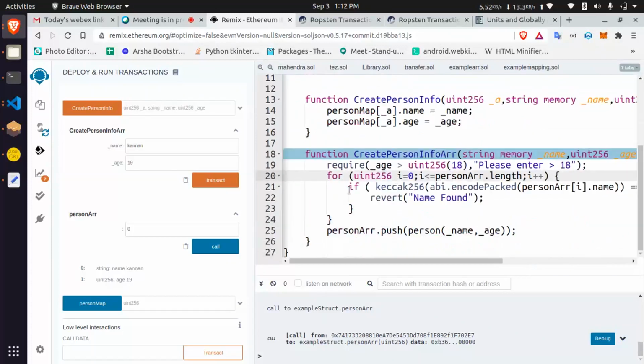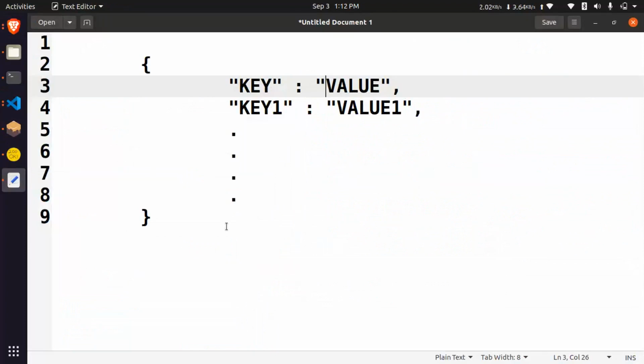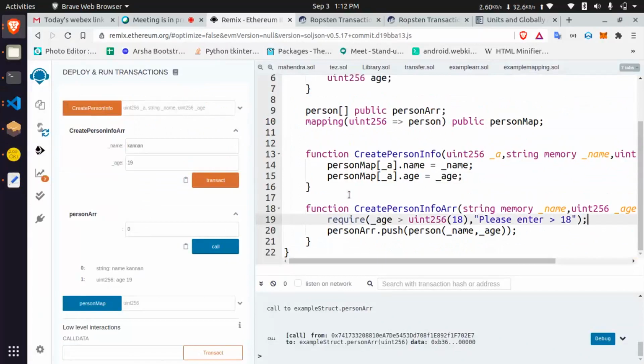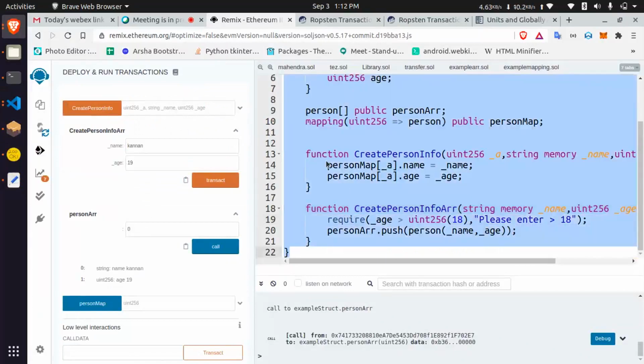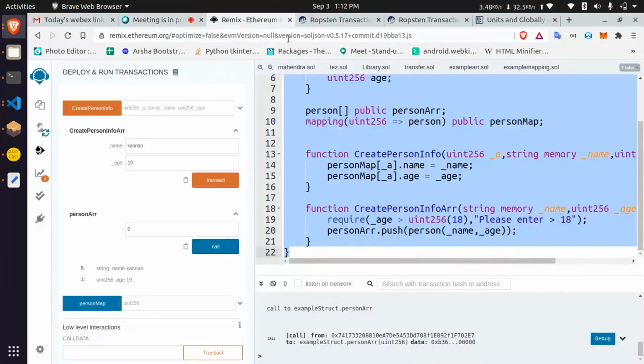And what else? Just try this without that for loop.